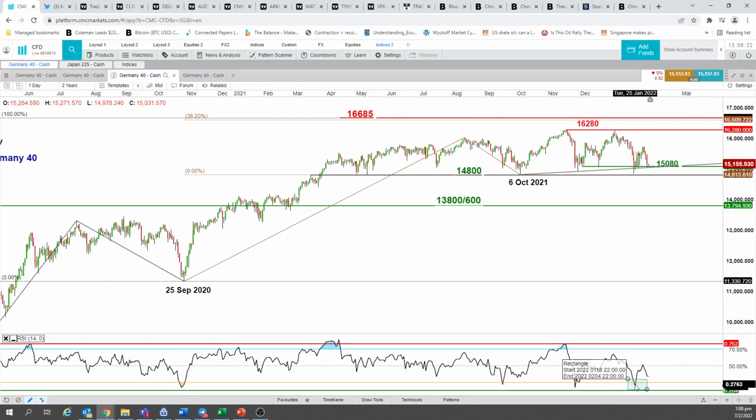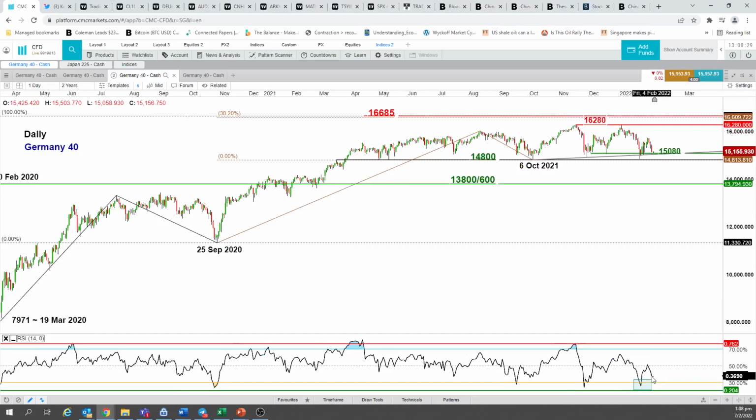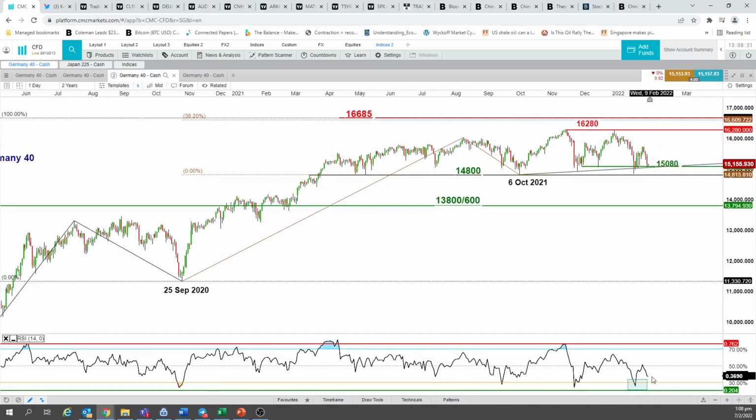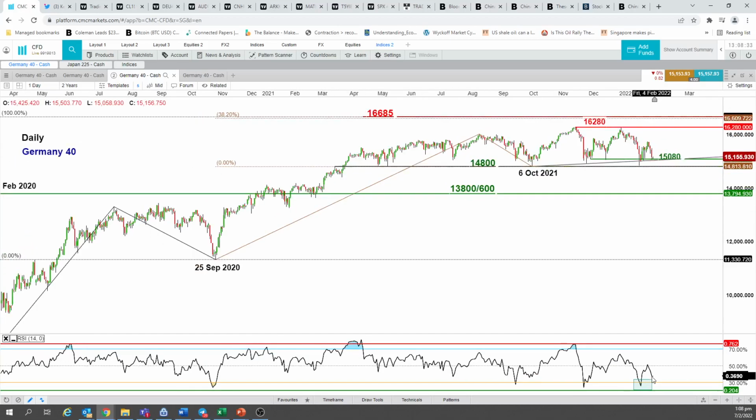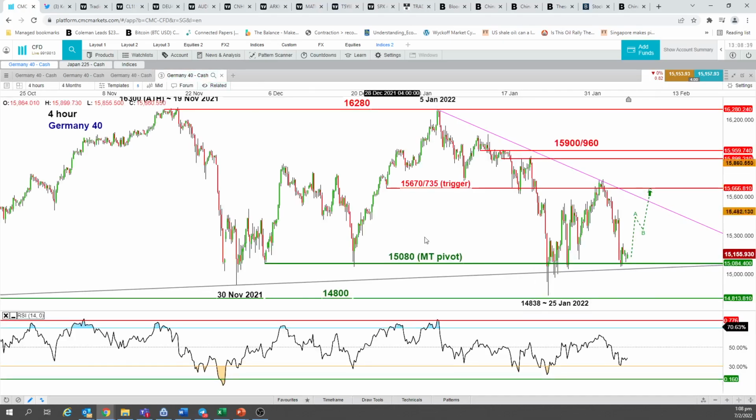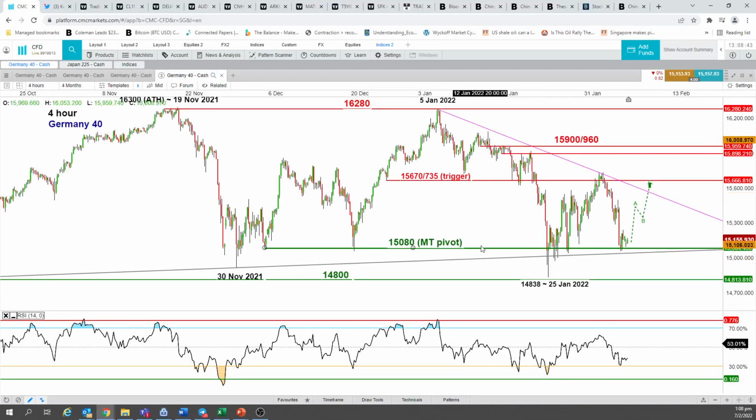RSI attempting to shape a bounce off from the oversold region. Right now, it's actually below the neutrality level, which indicates to us that its momentum is neither here nor there on a medium-term basis, but it's still holding above the 15,080 support level. Okay, so this 15,080 support level, we also had set that as a key medium-term pivotal support for last week. So what we want to do over here is, as long as this 15,080 holds, we could still see at least a push up towards 15,670 slash